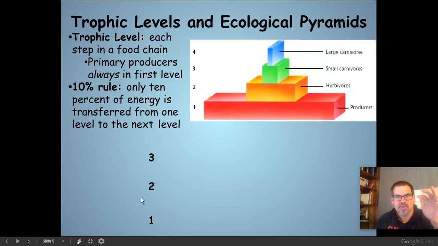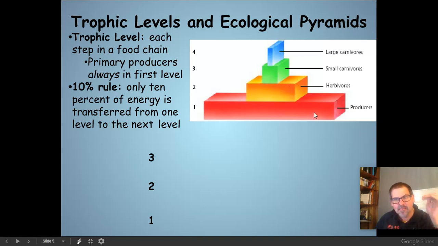What does that look like graphically? I want you to make sure that you fill this in on your notes, because a portion of this is filled in, not a whole. Make sure you write in these numbers here. All right, so here are the producers. Why is this level bigger? This level is bigger because there are more individuals, more biomass, and literally more calories at this level.